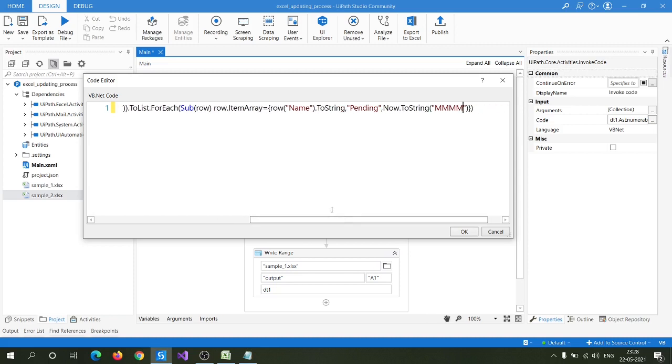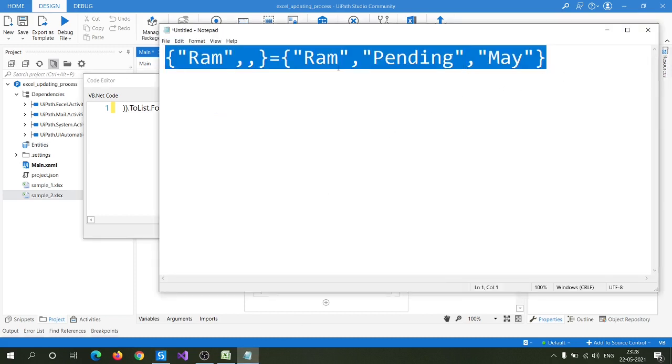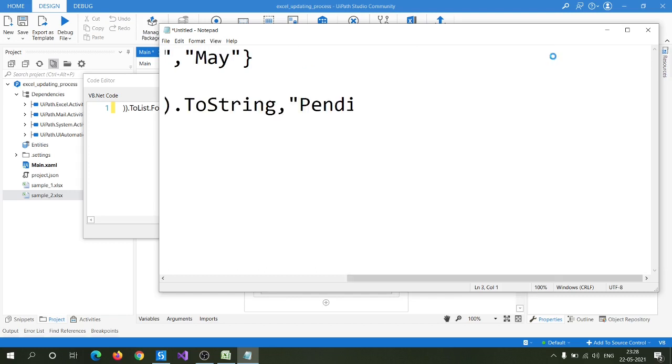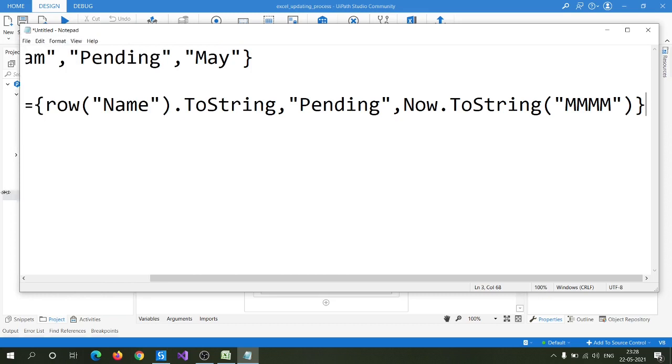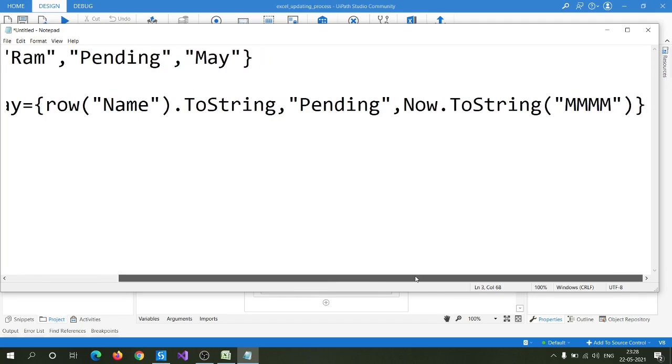We can see here row dot ItemArray. Let me copy it here. You can see row dot ItemArray is actually this value. Now we are updating the array elements by using this method.